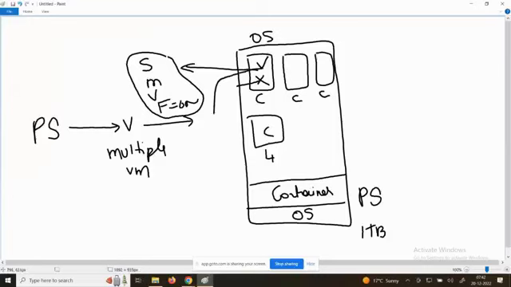So this container will use the base operating system. Is it clear? The container software will take the help of the base operating system. So these containers become very lightweight. Now tell me, this container is 100 MB. Can I move the 100 MB from one location to another easily? Yes or no? Very easily. That container contains only the required parts of running that application, right? That container can be created in 1 second.